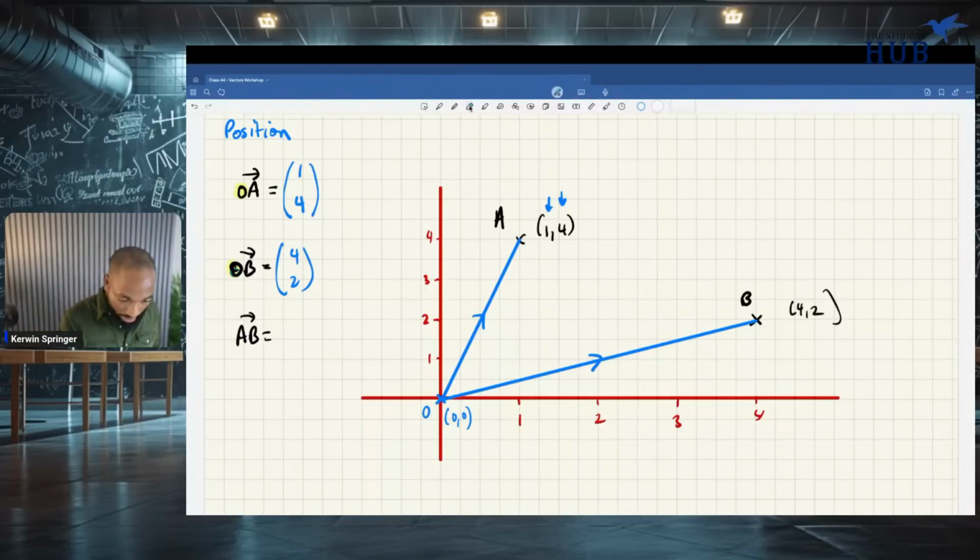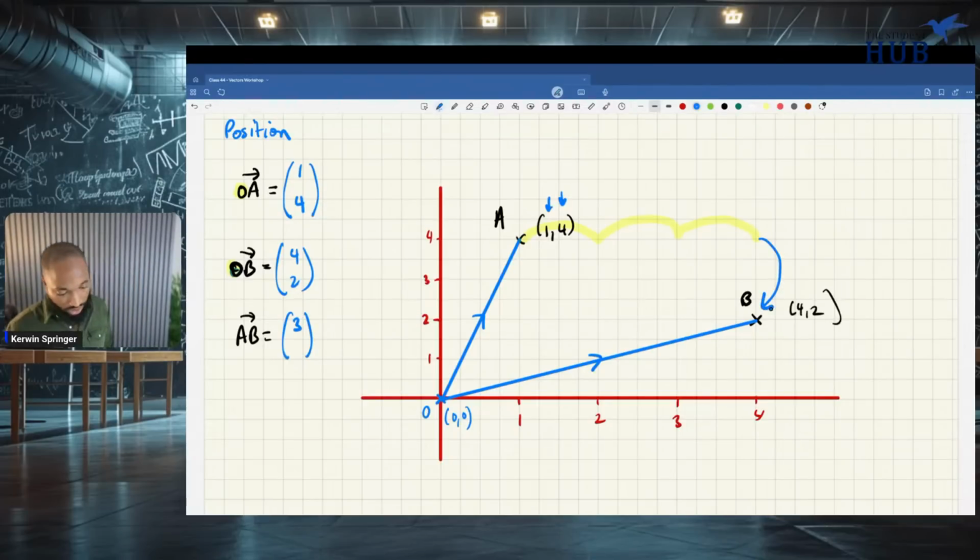Think about it. Check how many numbers it went across. 1, 2, 3. Seeing that? 3 across. So I'm going to put 3 at the top of the brackets here. That tells me I went across 3. And I have to go down. How much? What's the numbers on this side? 1, 2. From 4 to 2. I have to go down 2. You all understand that? So this vector is 3, negative 2.